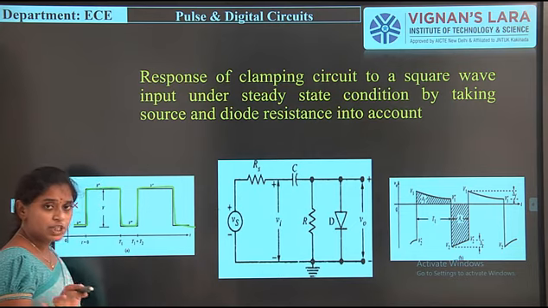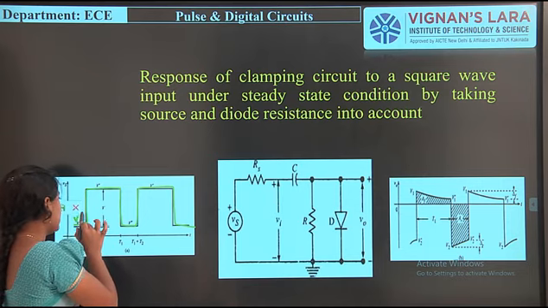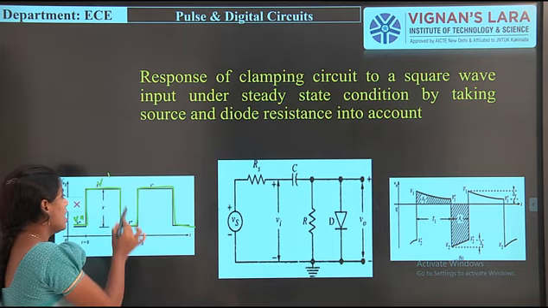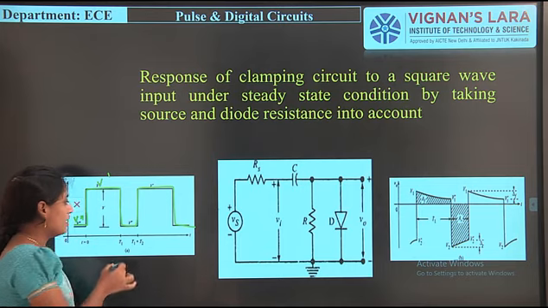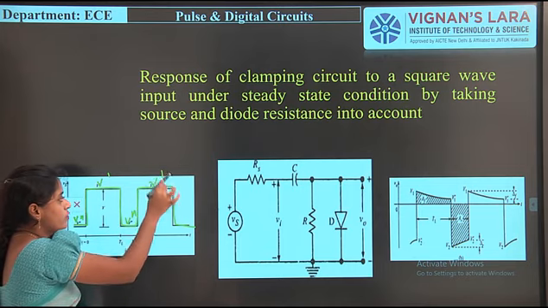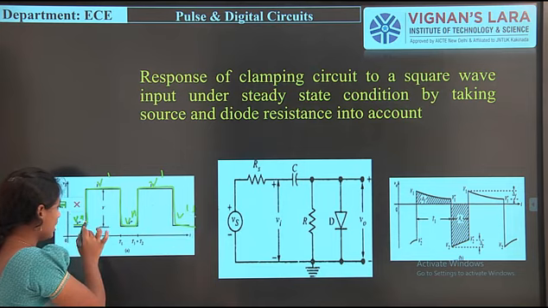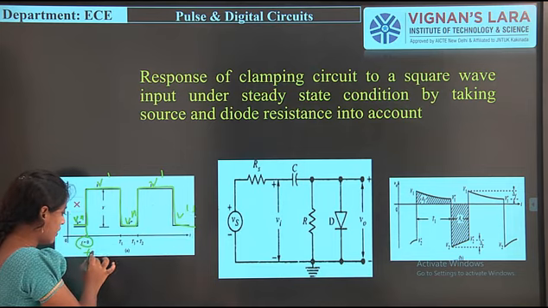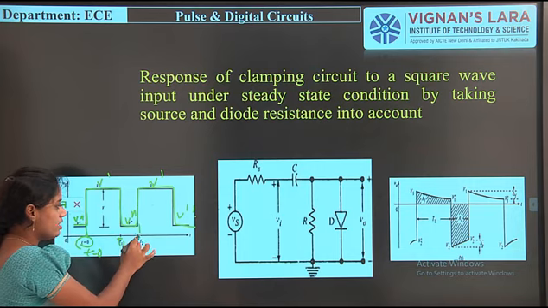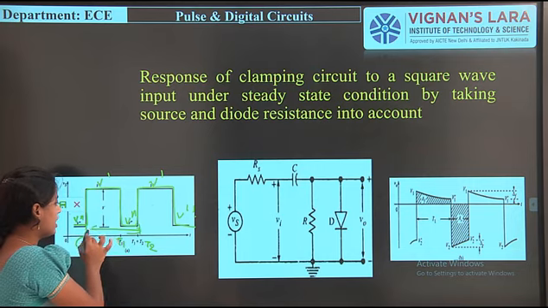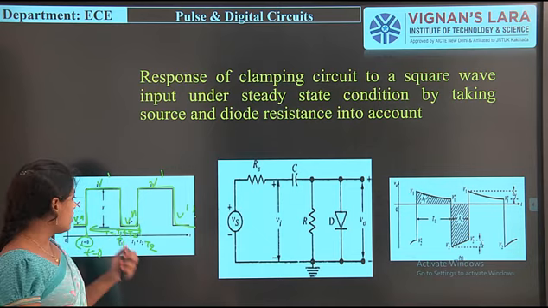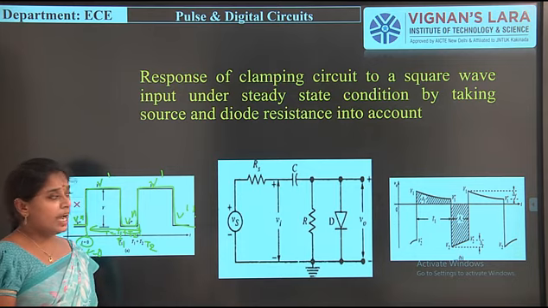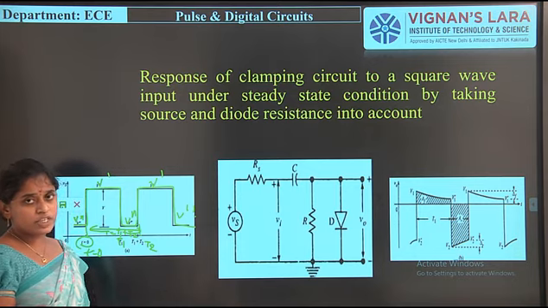As we know, the square wave has two voltage levels. These two voltage levels are indicated with V double dash and V dash. The positive side is represented with V dash and the negative part, the below part, is represented with V double dash. This point is t equal to 0, this is t1 and this is t2, and the total time period T is equal to t1 plus t2. So when this square wave signal passes through this circuit, what is the output and what observations do we have to make?